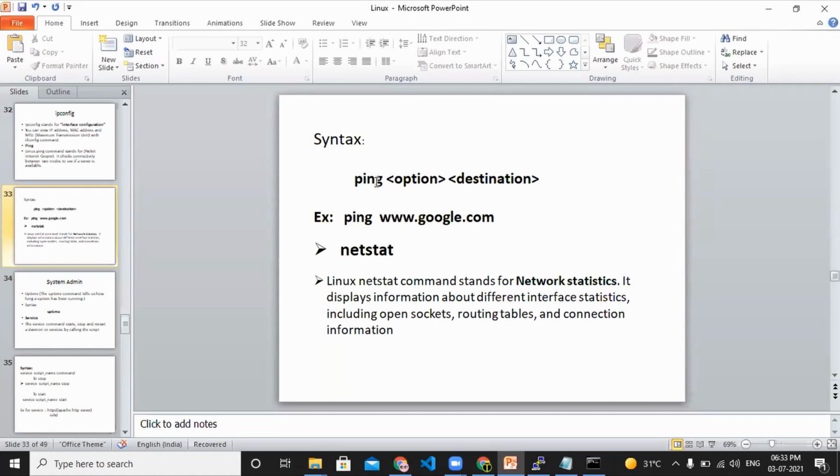Next, netstat is where we have network statistics, like how many ports are open for a particular machine. It is a kind of network thing, so we have to understand the network basics a little. If you install a Tomcat server, the default port number is 8080, and if you also have a Jenkins server, the Jenkins port is also 8080. So at that time we have to change the port numbers. We can see how many ports are open and which process is running on which port. To see all the statistics, we use netstat as a command.